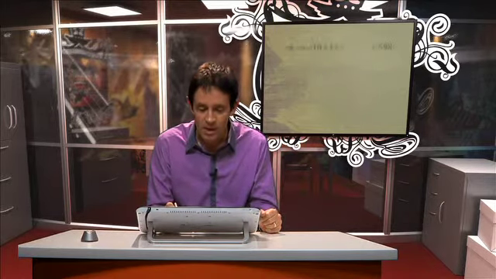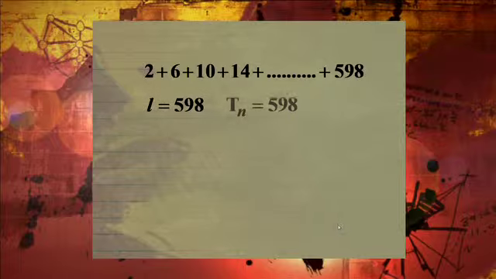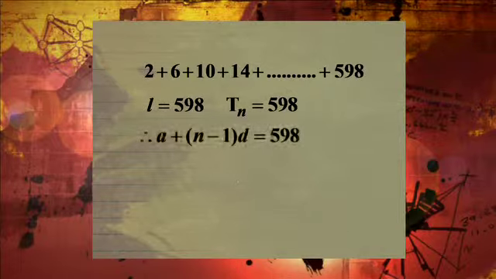So what do we know? Well, we've got the last term. We've got a term with an unknown position. What I can say is Tn is a plus n minus